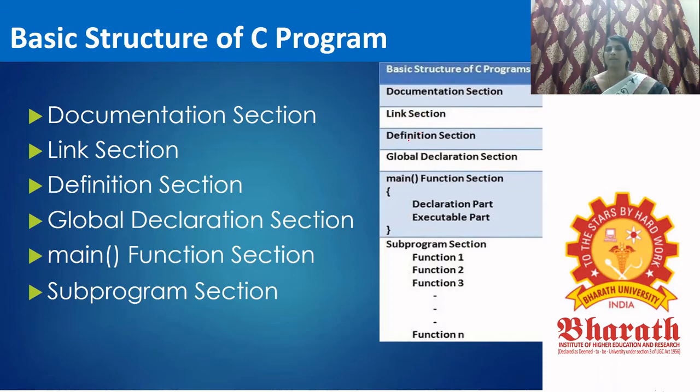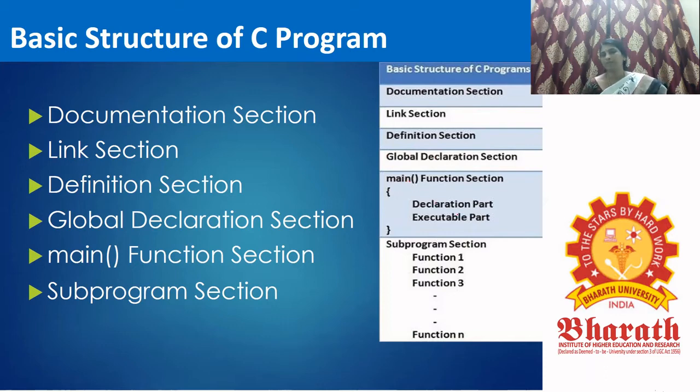Then comes the definition section, where we need to define some variables. And next is the global declaration section, which declares the global variables. The next section is the main function section, which is an important part of the C language. Whenever you run this program, the compiler goes and searches for this main function only.